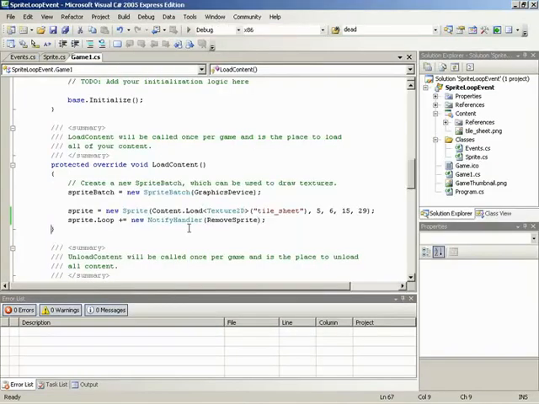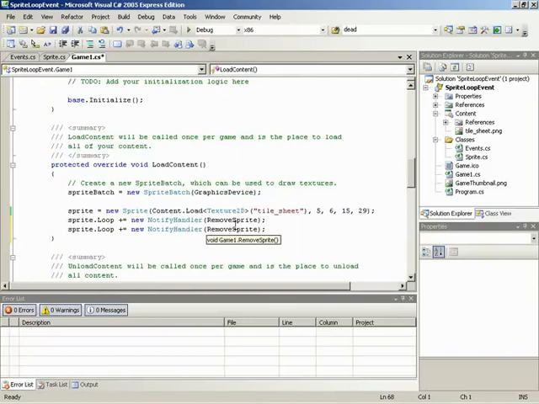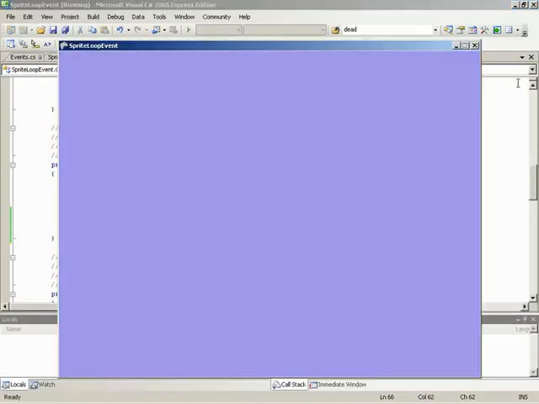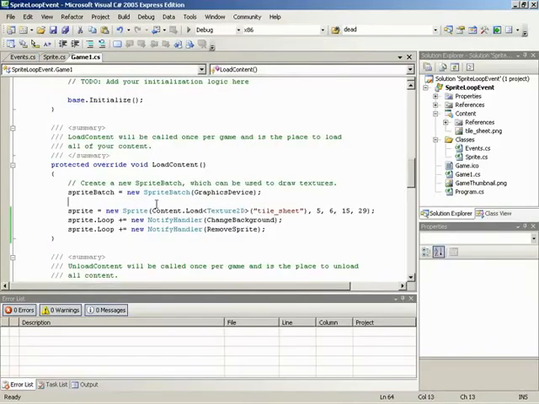Now, of course, the cool thing is, if we wanted more than just the sprite to disappear, we could go in there and set up multiple handlers for it. We could use both change background and remove sprite, so we get some arbitrary effect and the sprite goes away. So still a lot of power available there. And with that, that really wraps up what I wanted to cover in this video. Again, just showing where some of these delegate and event concepts could be useful to us in the creation of Space Fighter. That's why we've gone back and looked over our sprite class and enhanced it a bit so that